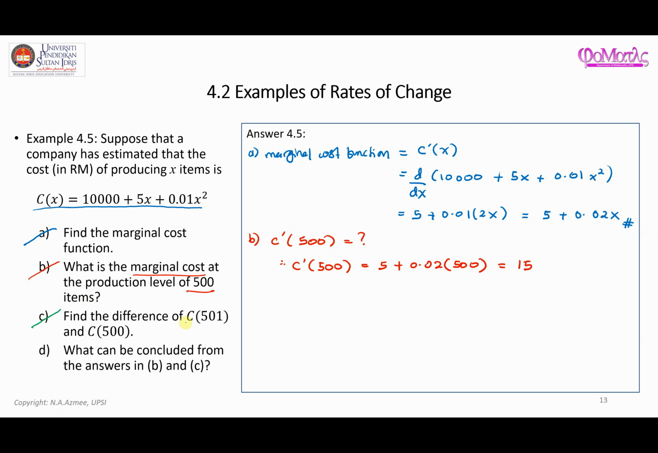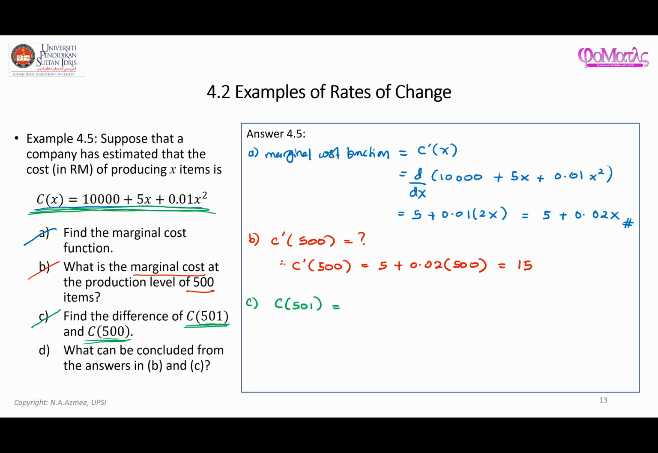Find the difference of C(501) and C(500). So what I need to do is substitute 501 into this function and then 500 into this function and get the difference of the answers. Okay, so that's what I'm going to do. So for question C, what is